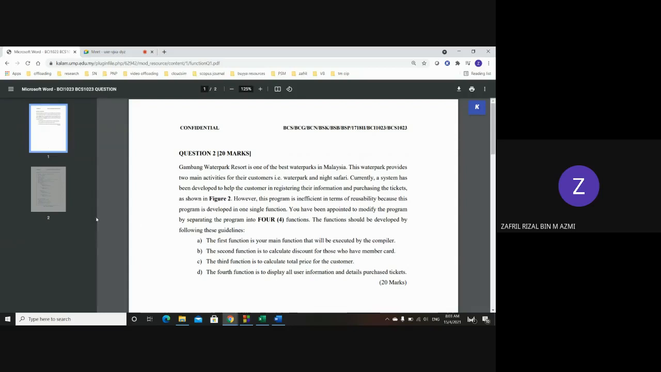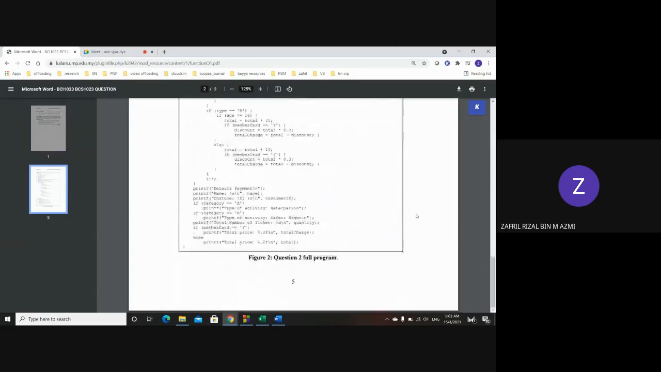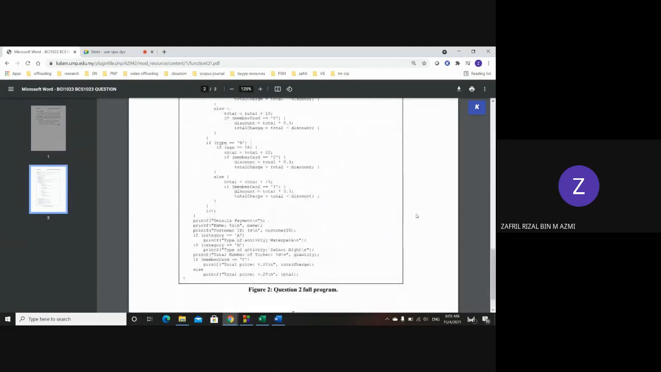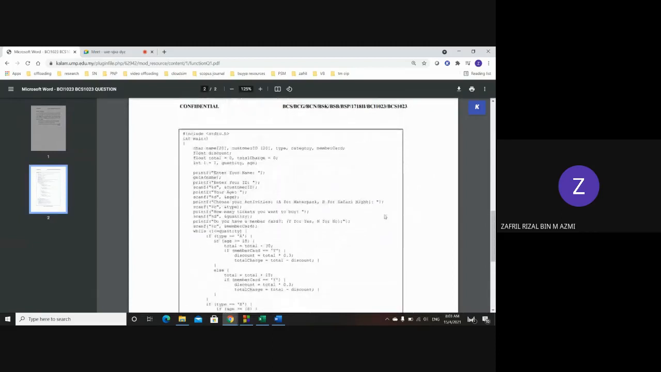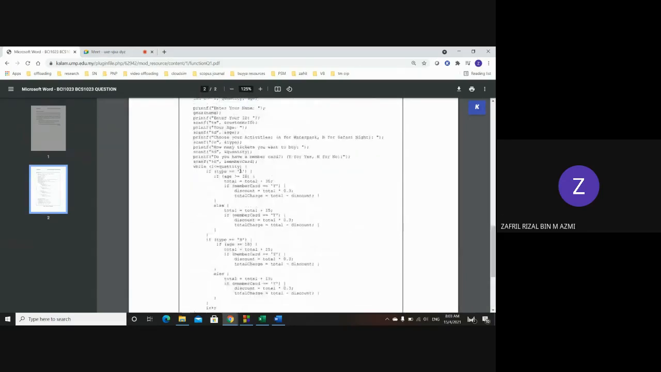And also this question, the code's already given to you. So very straightforward. What you need to do is copy and paste this code and then solve some of the errors. Of course, there are errors, because there are some errors in this code purposely so that you can detect them. Okay, so let's look at